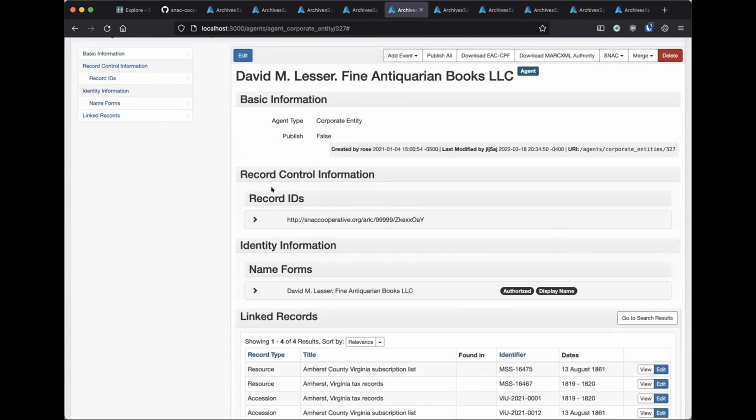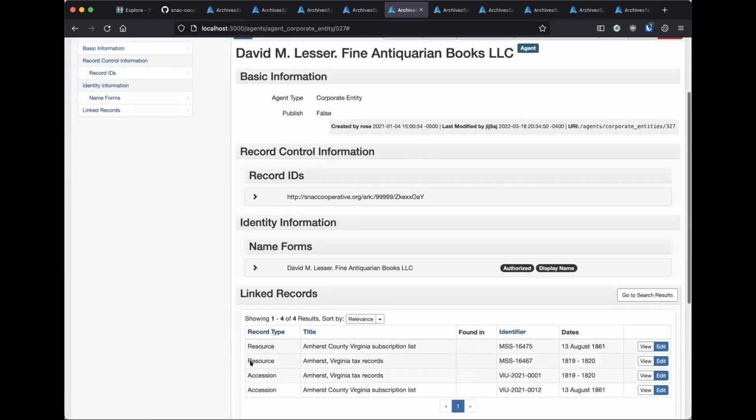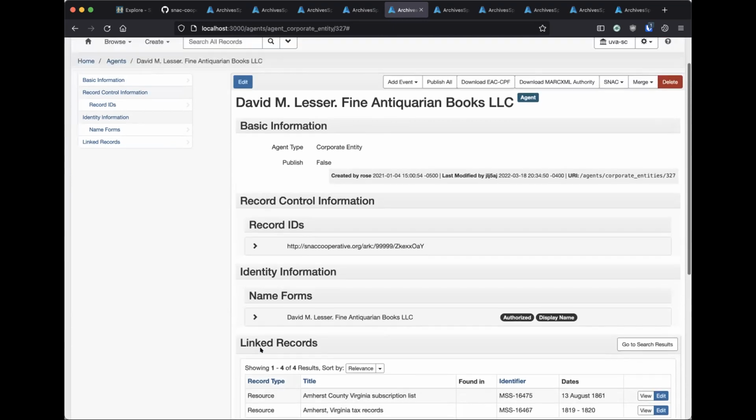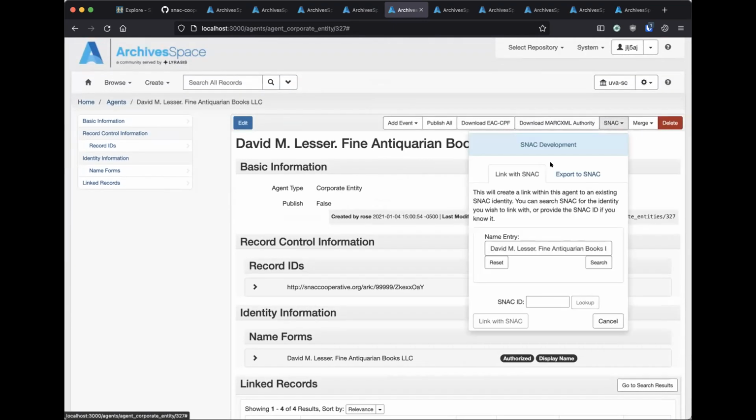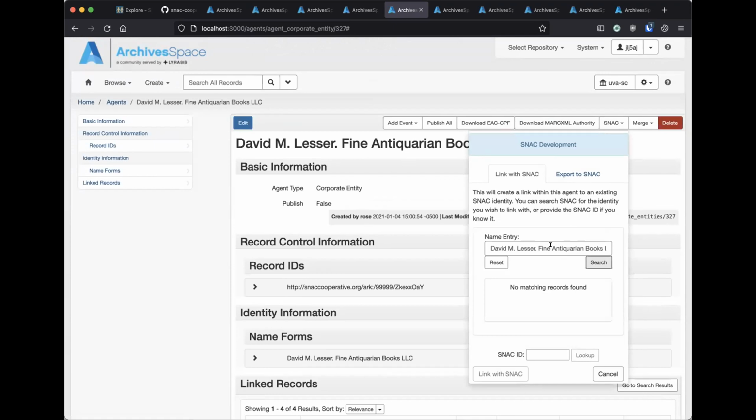You can see this agent has a couple of resources here that I know that they actually are published, so they're gonna carry over. If you go up to your SNAC dropdown, you have the option again. We encourage you strongly to search. You don't see anything there. You can also just